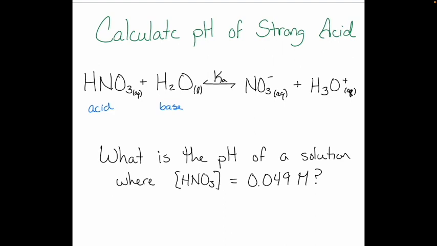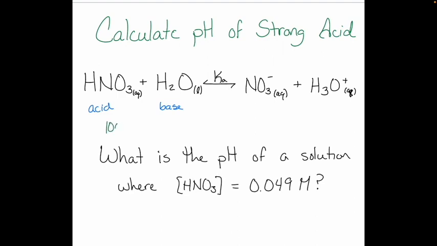All right. Now we're going to have to use something that we learned about our strong acids. What did it mean to be a strong acid? That this particular reaction did what? Favors the products, and not only favors the products, but very strongly favors the products. So much so that we can say that this reaction goes 100% to completion, right? So that means 100% of these HNO3 molecules become our hydronium ion.